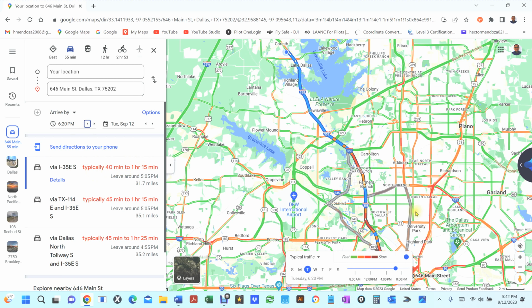Not just that, based on previous times that Google Maps has placed their algorithm in Google Maps, it's going to give you a more accurate time to get there. Okay, so